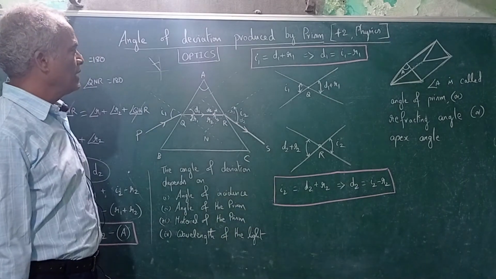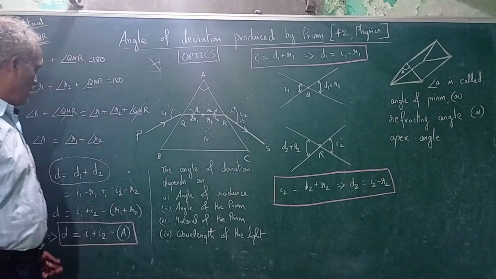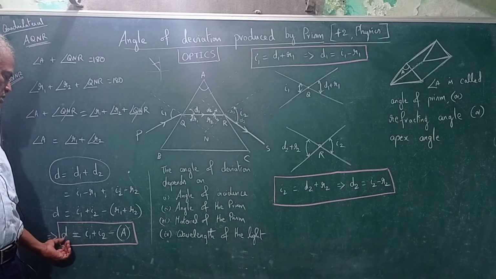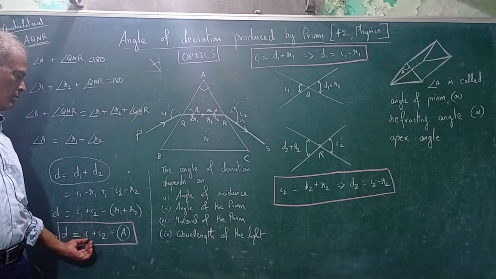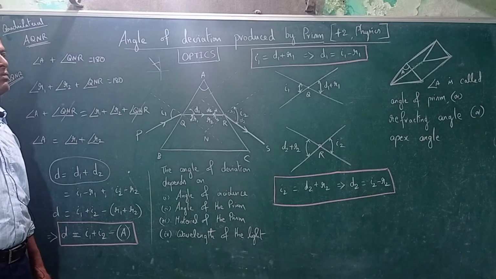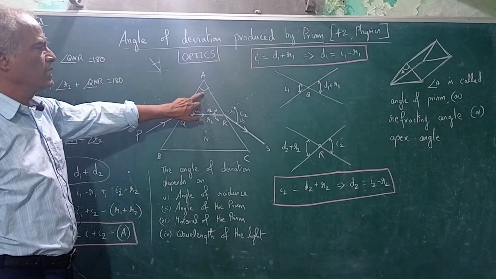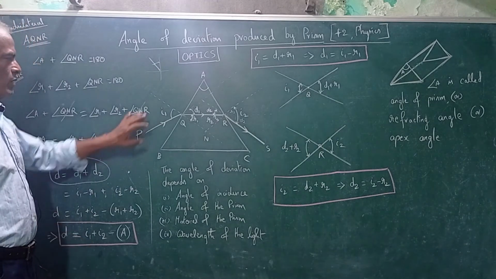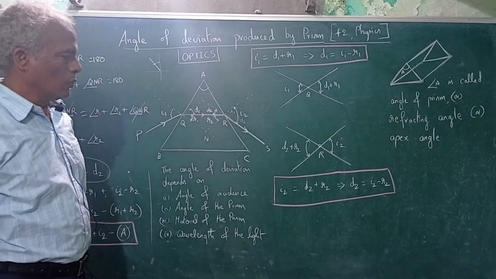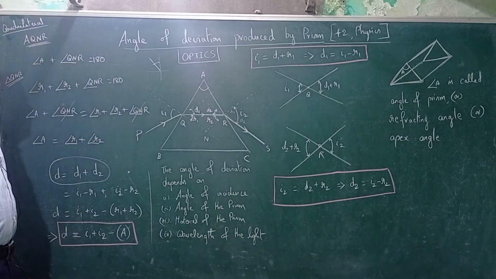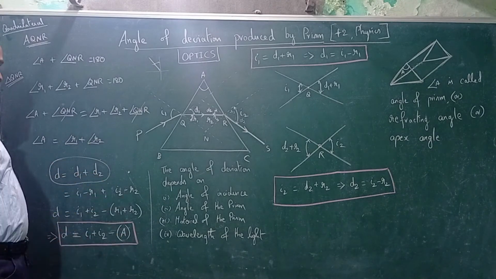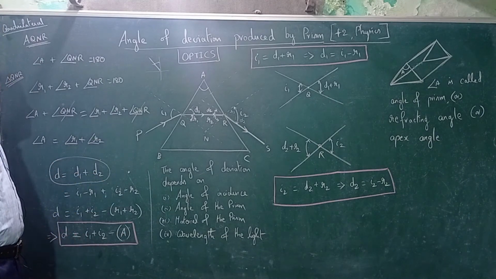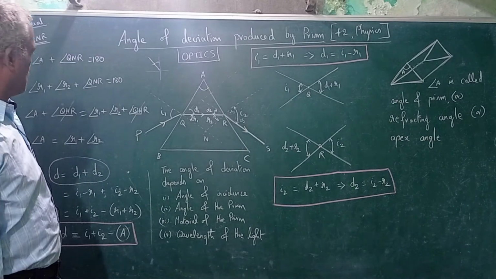So the total deviation is found out using this formula D is equal to I1 plus I2 minus A, where A is the apex angle or this angle, and I1 and I2 you know. Okay, with these three things you can always find the deviation. So one more point,